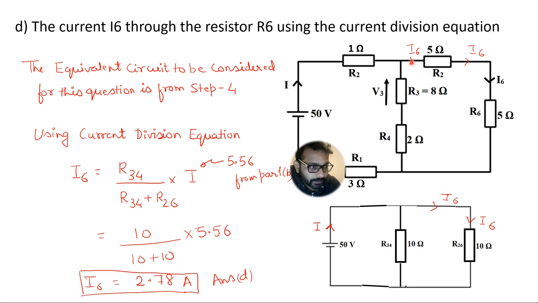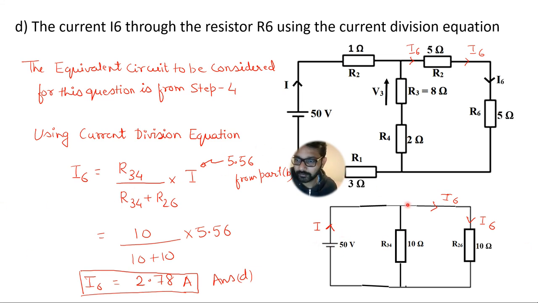Now, in this branch, the same current is flowing in this entire branch. Or you can say in the outer loop, the same current is flowing. Previously we were calling it I1, and now since we have named it I6, I would say the same current I6 is flowing through R2 and R6. Now for solving this part of the question, I would consider the equivalent circuit